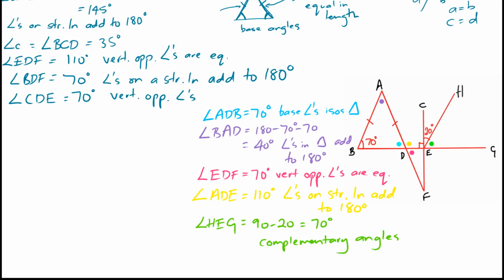Then the last angle, this green one here, angle HEG, due to the fact that angle CED is a right angle, that must also mean that CEG is also a right angle, due to the fact of being angles on a straight line add to 180. So that also must be, that angle there, must be 90 degrees. So if this angle is 20, this angle must be 70 degrees. So the reason for that is complementary